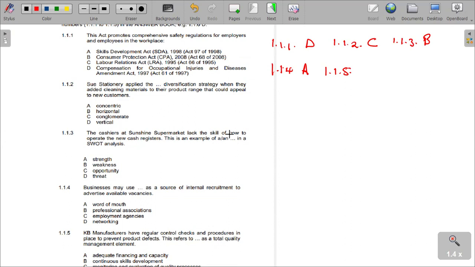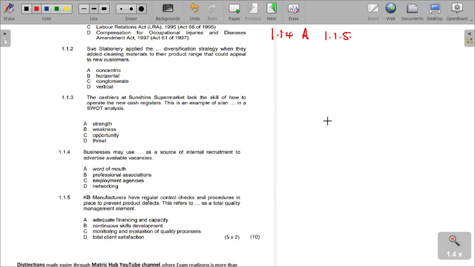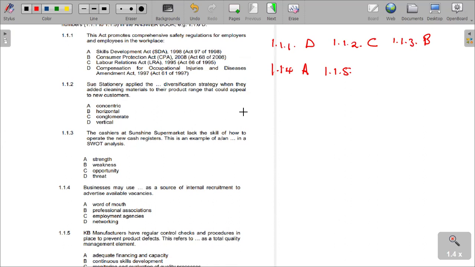So number 1.1.5, this refers to monitoring and evaluation of quality processes, in order to prevent product defects. It is C, number 1.1.5. The answer is C. So given these different answers, we need to understand that